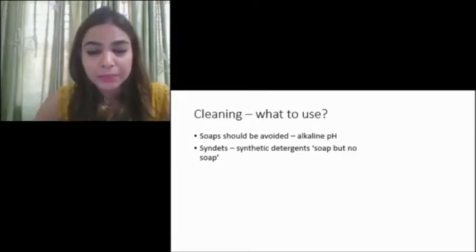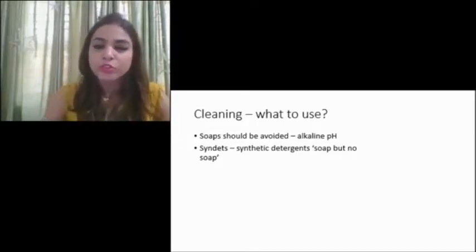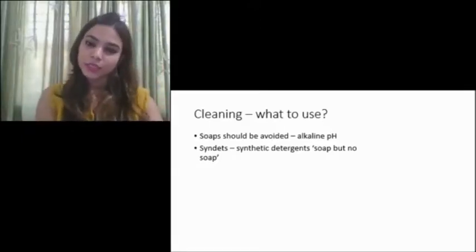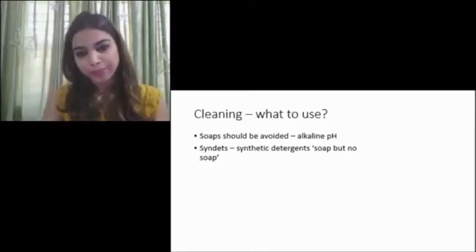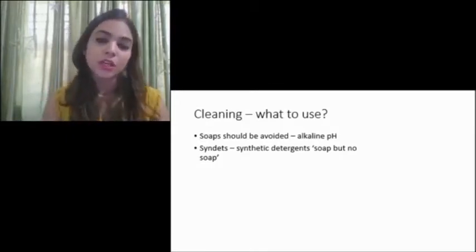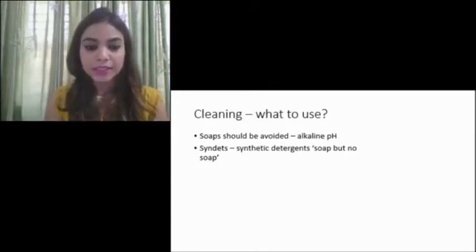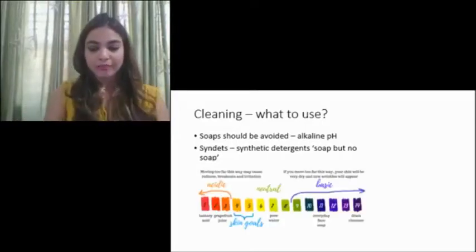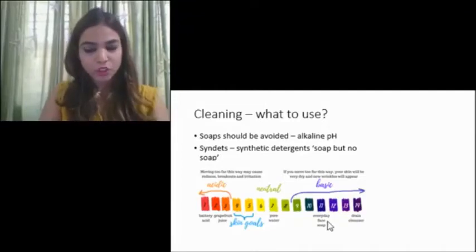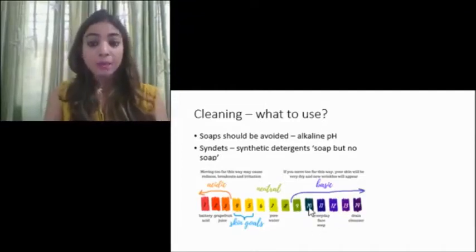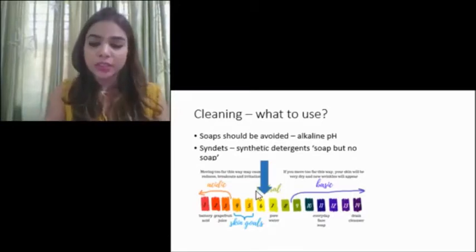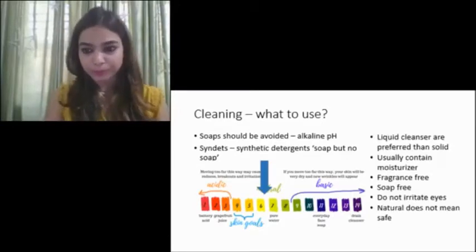They have alkaline pH. The pH of the daily soaps which are available in the market is around 8, and the baby skin pH is around 7 or lesser than that. So you don't want to make the skin dry. Right? So it's better you use something called Syndets. Syndets are synthetic detergents. They are called soap but are no soap. Why so? Because soap will have a pH of around 10 to 11, but Syndets have a pH of around 6 to 7, which keeps it neutral. That's why the skin doesn't get damaged.